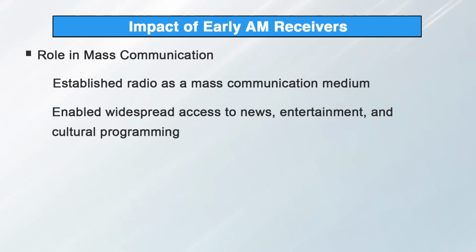Before moving ahead, let's discuss some interesting historical developments of AM and FM receivers. The early development of AM receivers marks a significant milestone in the history of broadcasting. Amplitude modulation was among the first modulation techniques used to transmit audio signals over radio waves. In the early 20th century, pioneers like Edwin Armstrong made breakthroughs in radio technologies, leading to the commercialization of AM broadcasting. The early AM receivers played a crucial role in establishing radio as a mass communication medium, enabling widespread dissemination of news,